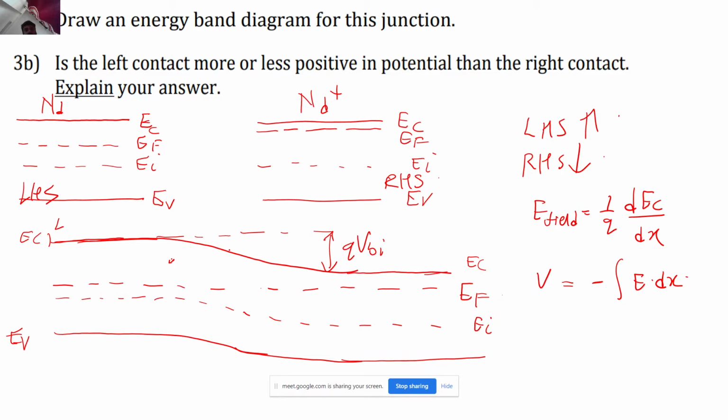What is the slope of EC? The slope of EC is positive or negative? Negative. Negative, correct. So if the slope of EC is negative, then that means the E field is a negative quantity. The electric field is a negative quantity, correct. So if the electric field is a negative quantity, that means if I integrate this negative quantity, and I already